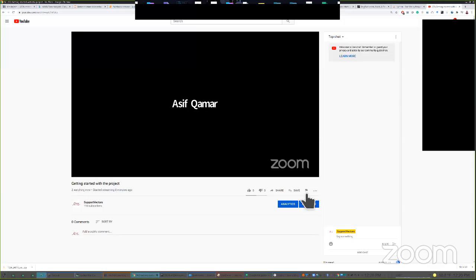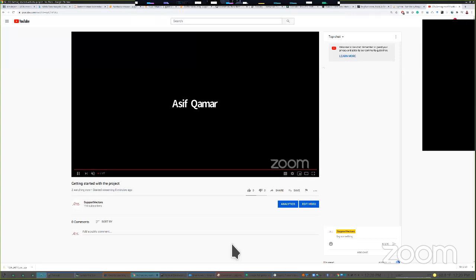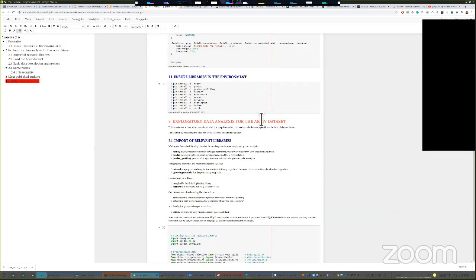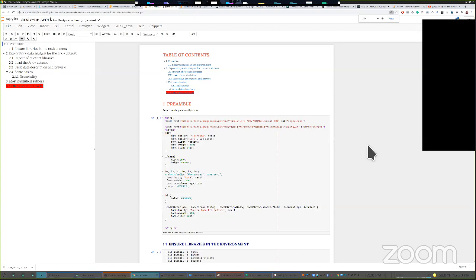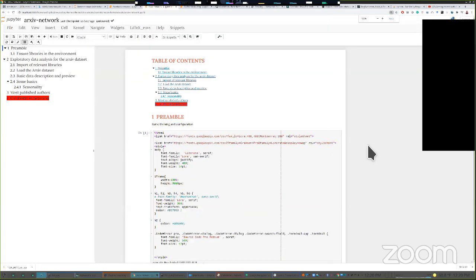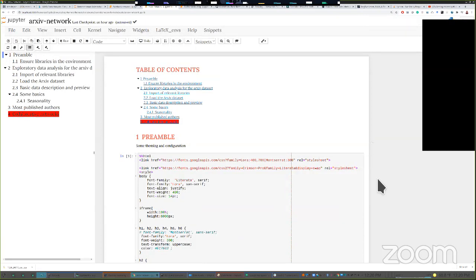So with those words, let me start sharing my screen now. And let's go with this. So here we go. This is a notebook, which I hope all of you can see. I'll increase the font a little bit. Let me know if I need to increase the font even more. Is this fairly legible to all of you?